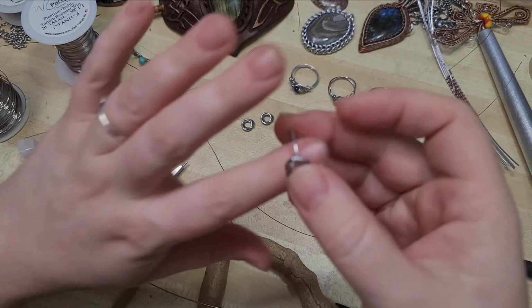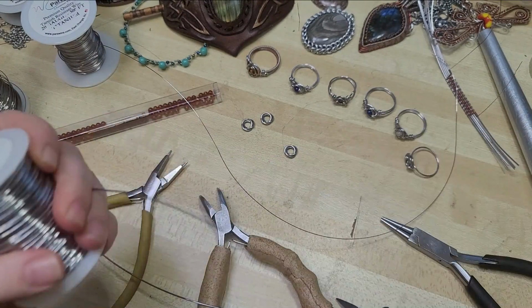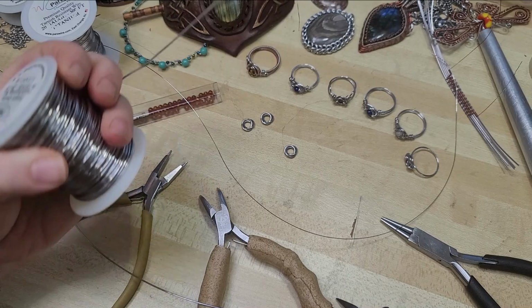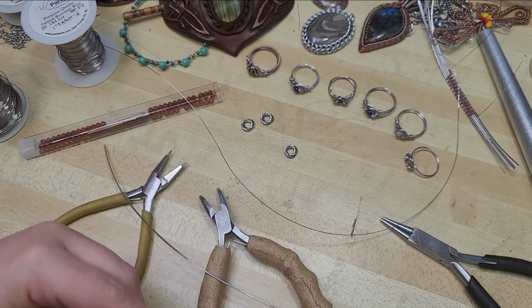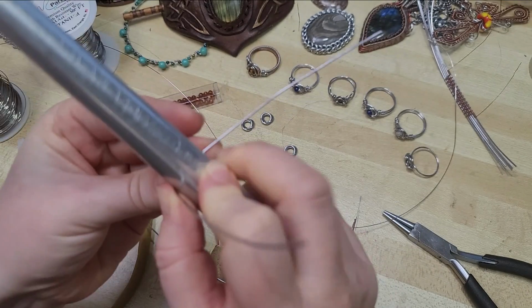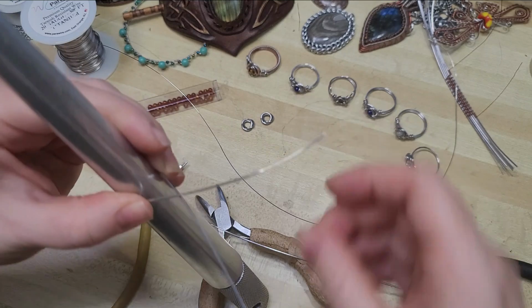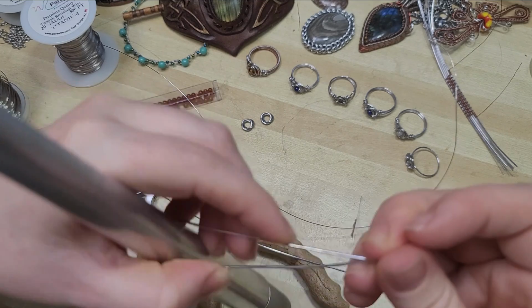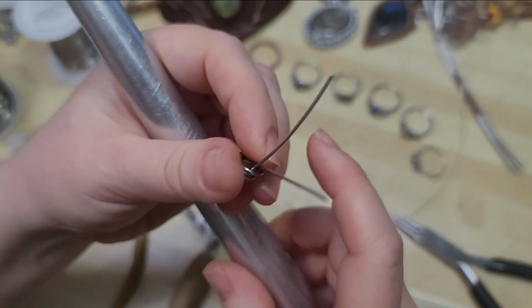Now the first style is this one here, and this one doesn't even need 1 foot of wire. I only make this design on a custom basis when I know what size the client is going to want, because most of the time I make my rings adjustable, and I'll show you how I do that. To make this one, we have about 8 inches of wire. We have our ring mandrel, and I'm going to make this one to a size 9, so I'm just going to curve our 18 gauge wire around, and I've got a little bit of a cross in it, just enough that I can hook over one end of the wire and then hook over the other. You want to get both wires through all 3 rings of our Mobius flower, and then let it slide on down,